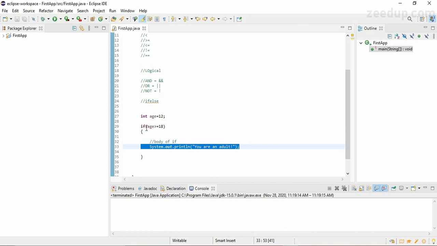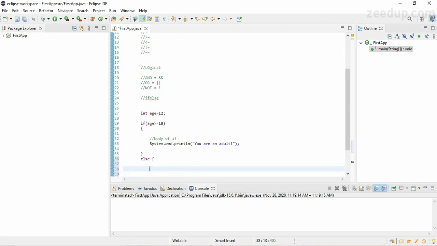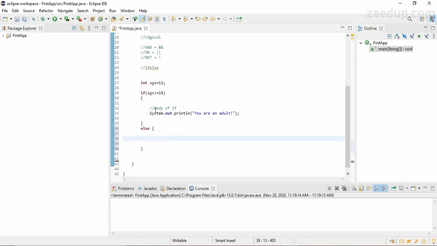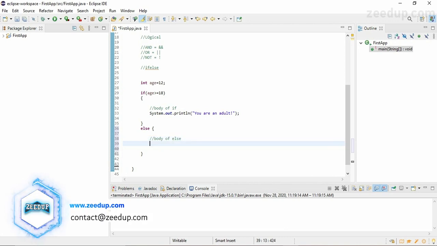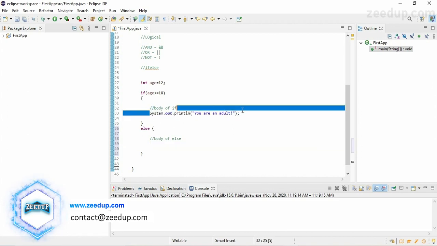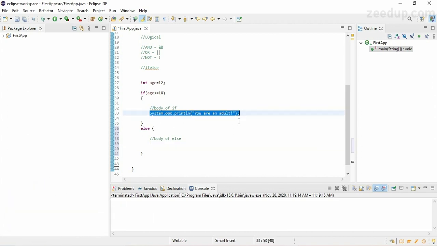So what will happen if this condition evaluates to false? We can just specify another set of statements, but these set of statements must be specified inside this else statement. So if this condition is false, then these statements will be written over here, which is the body of the else statement or the else block, right? So in this case, when the age is less than 18 years, we can print a message that you are a child,